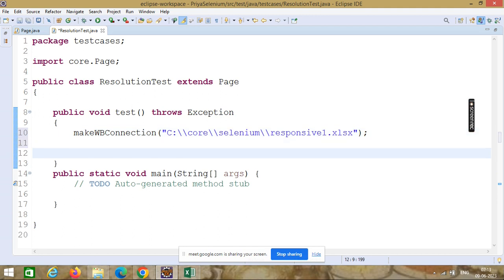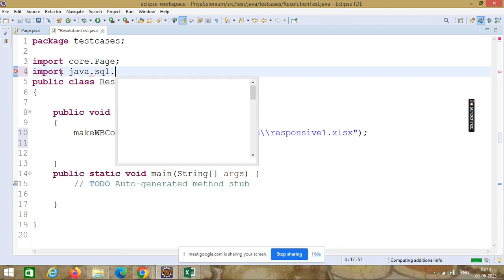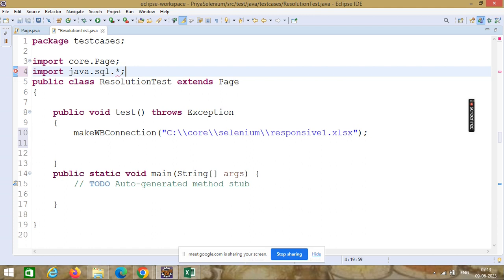Then the next step is to import the SQL library, and create the statement.